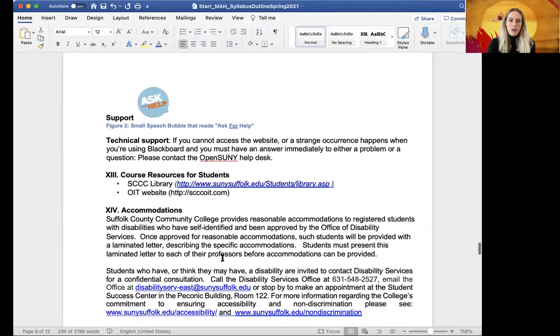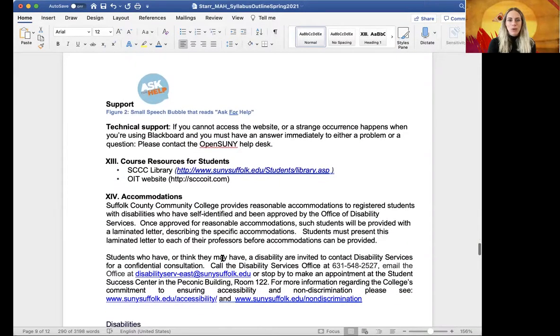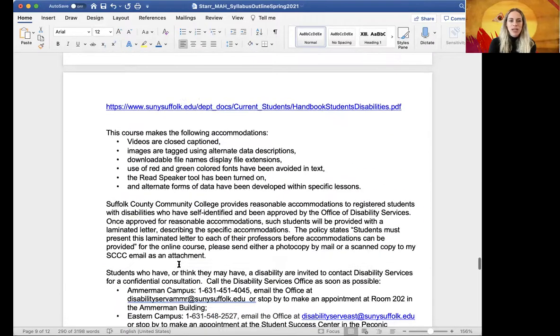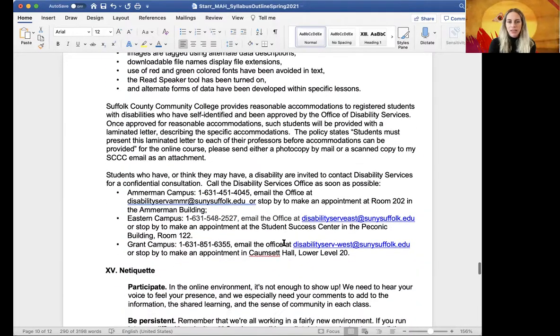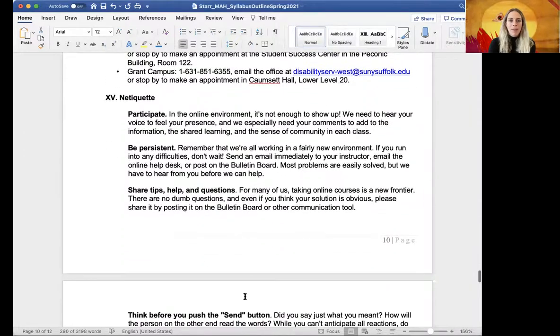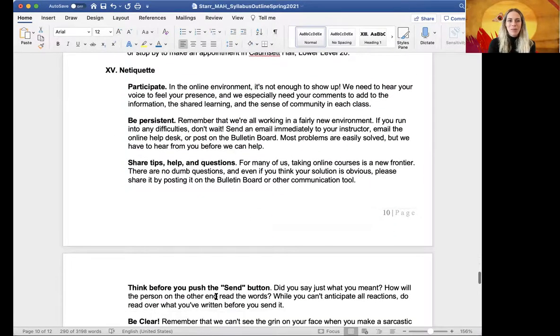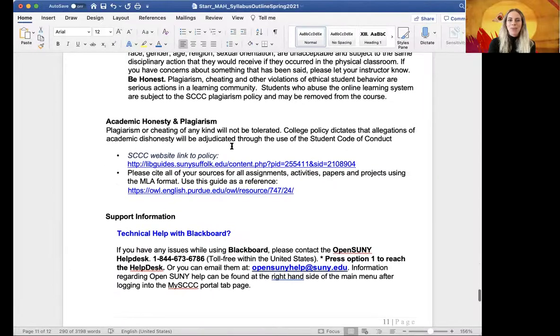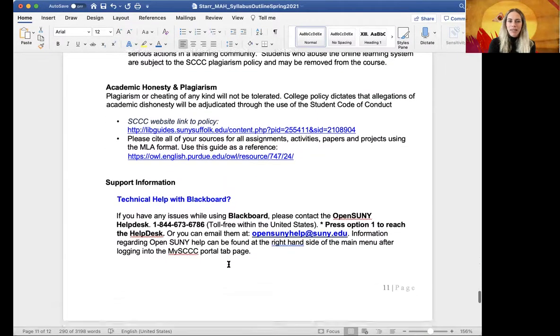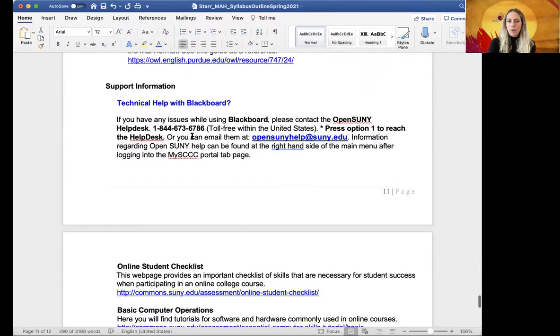And then you find your typical resources that you could use. And I want to come back to the tech support in 1 second. The library resources, accommodation notifications, who to contact if you believe you might have one, a reminder about netiquette and how to be appropriate online, our honesty and plagiarism links. Again, let's talk for 1 second about help with Blackboard. If you contact them, they will get back to you right away. And I always recommend calling or emailing them,